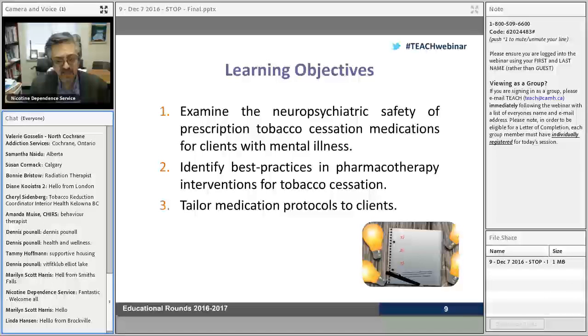Having said that, as part of this program, you may or may not be getting questions from your patients about other pharmacotherapies, other ways in which they want to quit. The program is quite mature. There are smokers coming back for a redo or a retry. And we know from our STOP program and our portal that